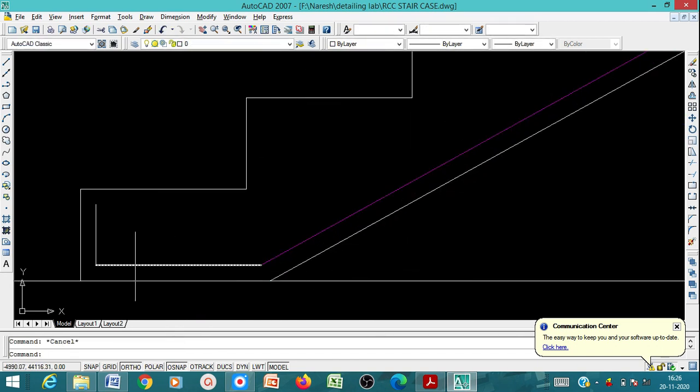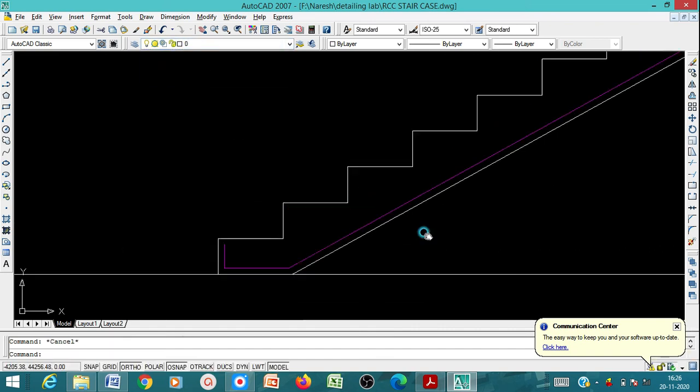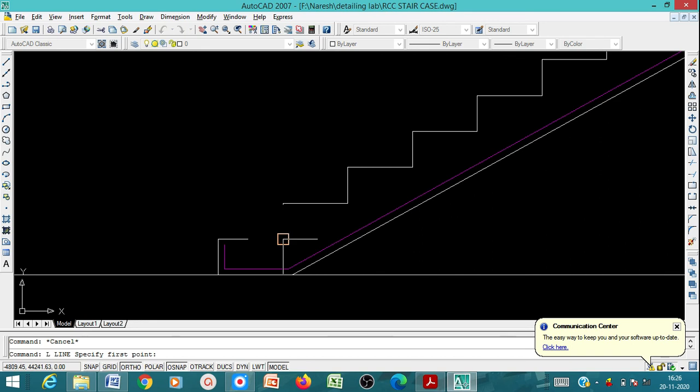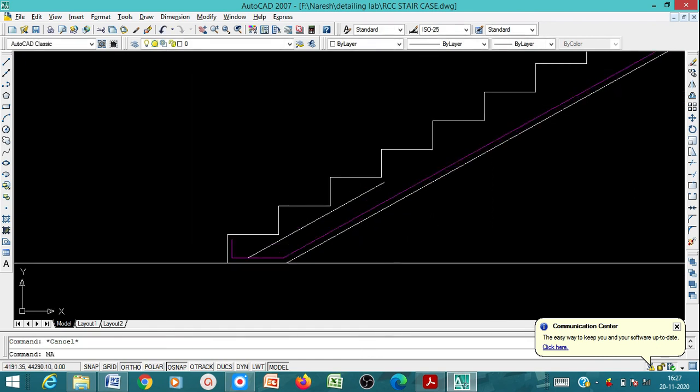Then here also we have bars, then again from here to here an offset of 30, erase, then extend. This you have to show. So these are the main reinforcement.